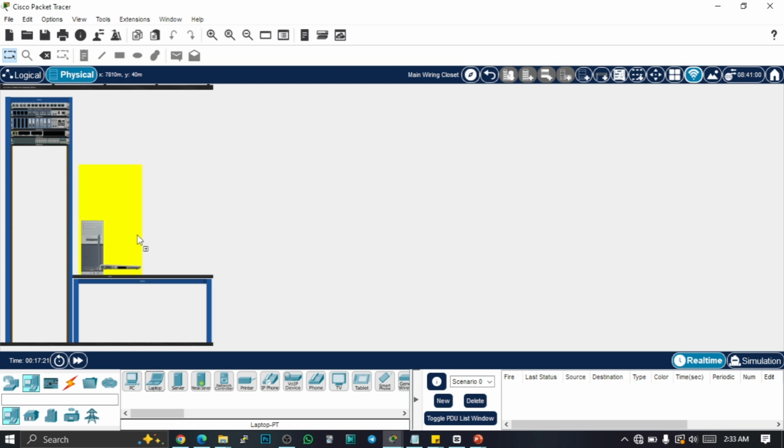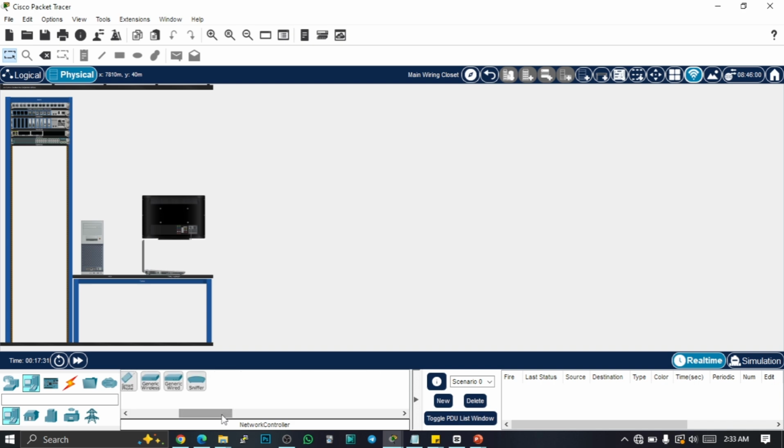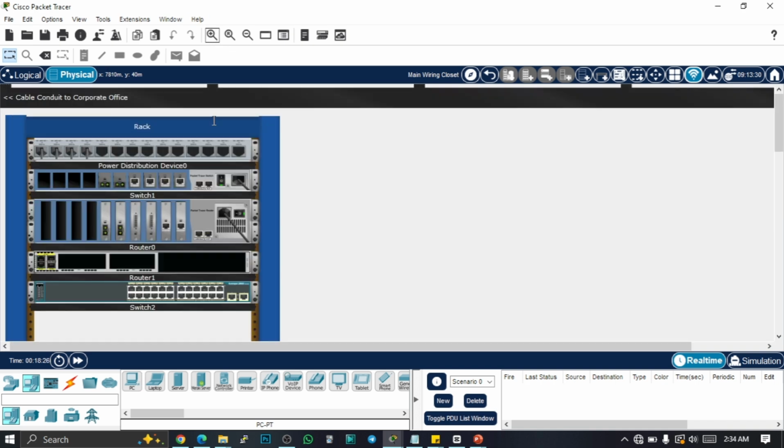Okay, likewise a laptop, I can easily add a laptop to the table. I can easily add a TV. Okay, you understand? So a tablet, and so most of these devices here are table mount devices. All right, so back to the physical inspection of these devices. So if we zoom out this rack,